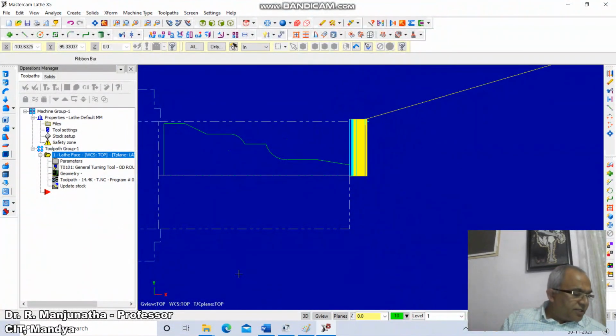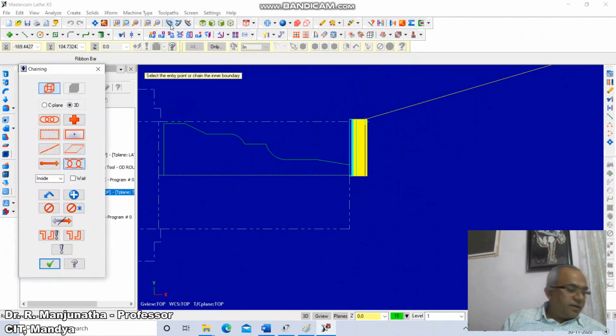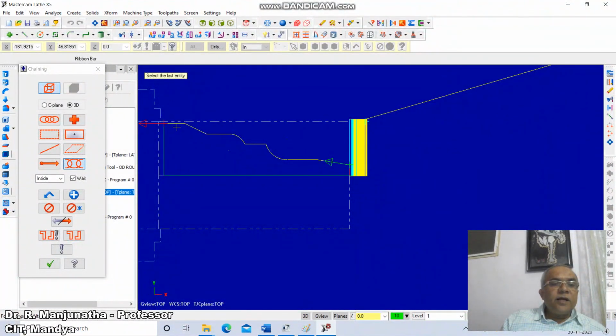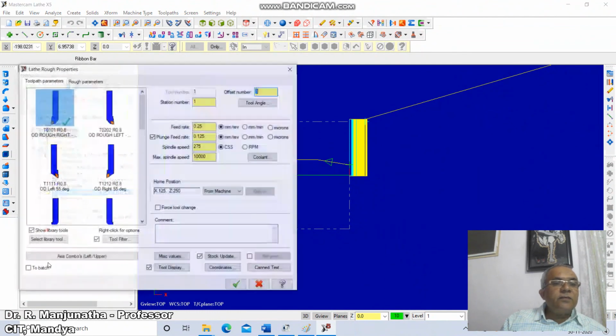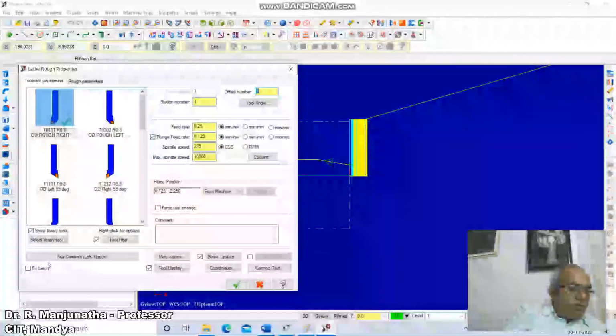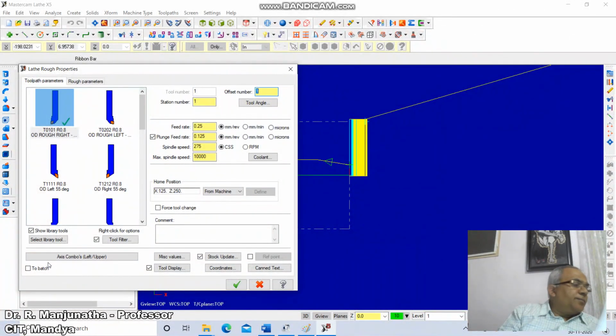Once the facing operation is done, again click on toolpath, click on roughing, click on partial, click on weight. So click on this to take the profile now by clicking on each line and click on the right tick. We are going to get this dialog box.